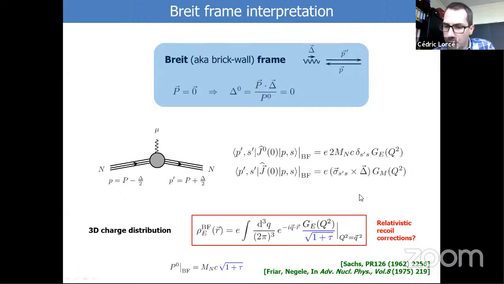Well, there's been dispute for many years about which one should be used, and this came with the problem that in this picture, we do not have a nucleon at rest. You see, a nucleon moves to the left and then moves to the right. So the nucleon is always moving. So relativistically, we think that the charge distribution must be somehow Lorentz contracted. And so what you are measuring is not the rest frame charge distribution, but a charge distribution in the boosted frame. And so people usually think that you have to correct for that, and so somehow implement a boost from the Breit frame to the so-called rest frame of the system.